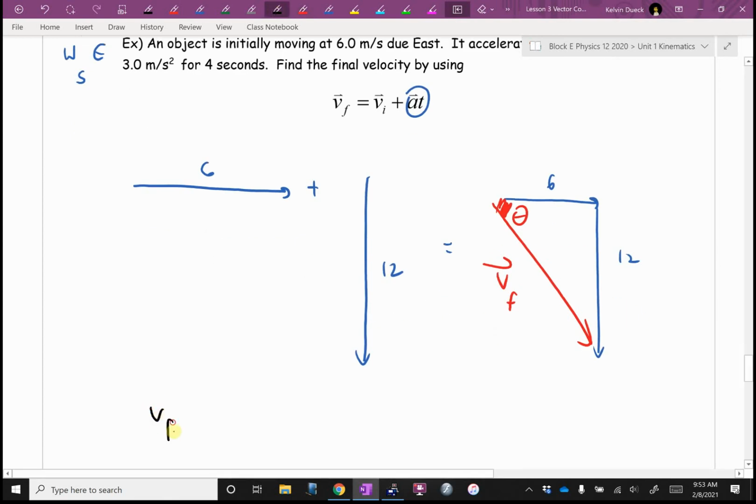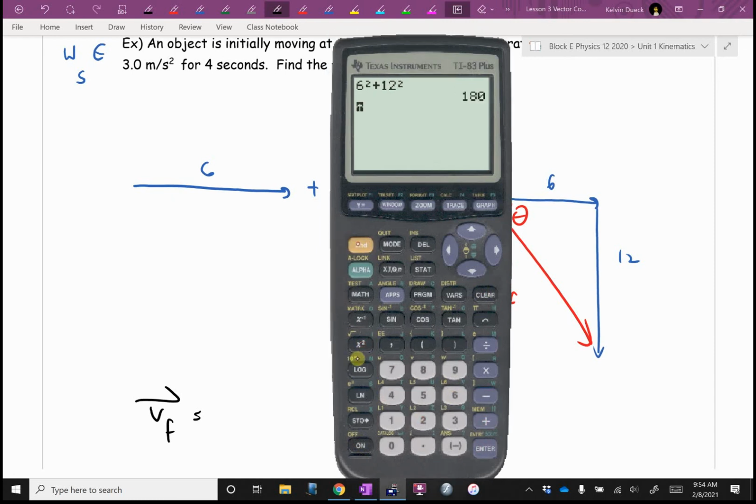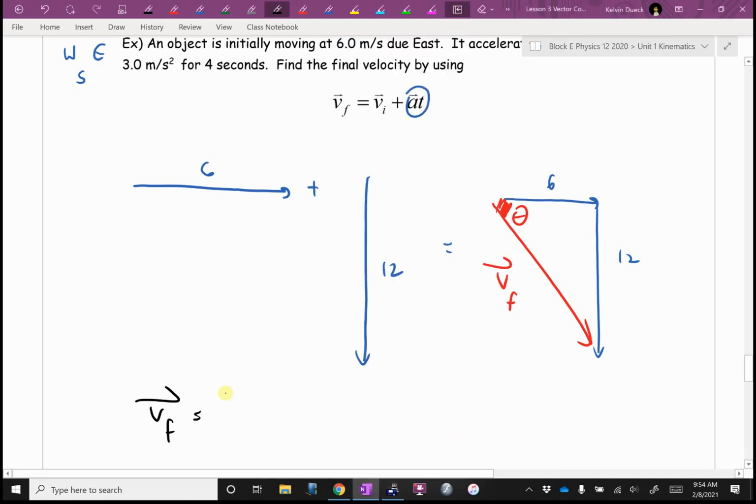What's the magnitude of V final? Pythagoras? 6 squared plus 12 squared, equals, square root, 13.4 meters per second at